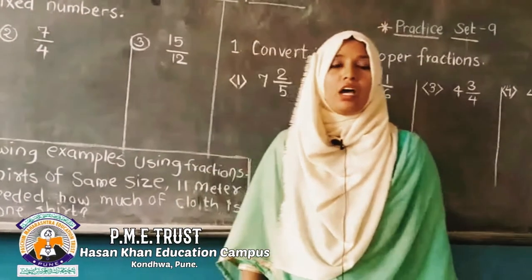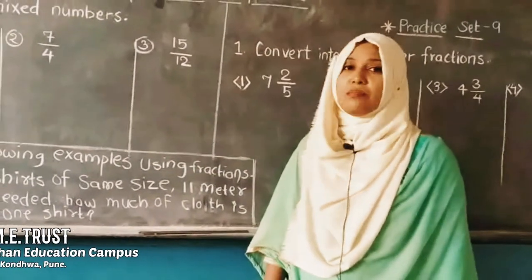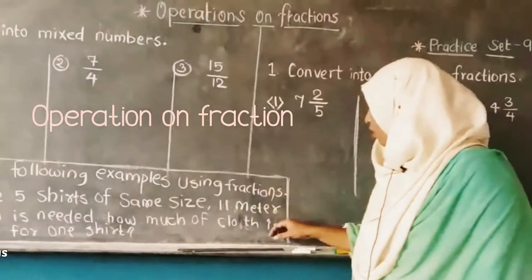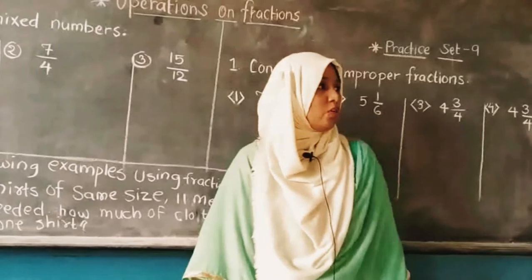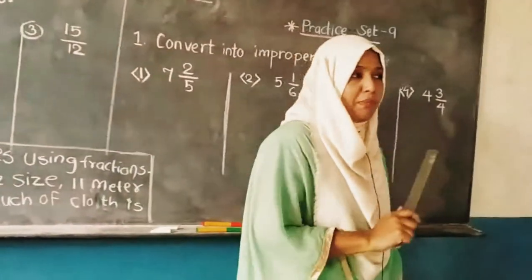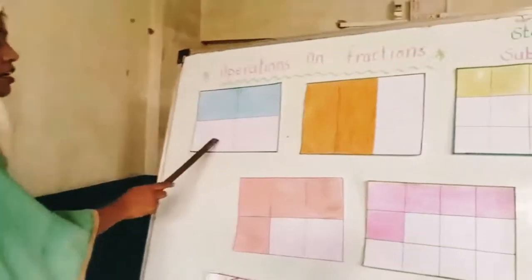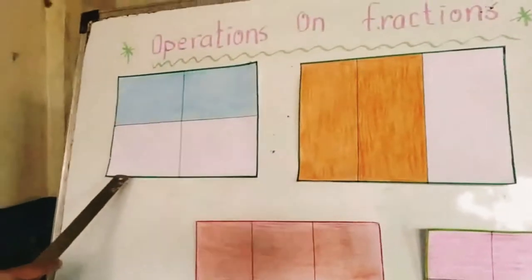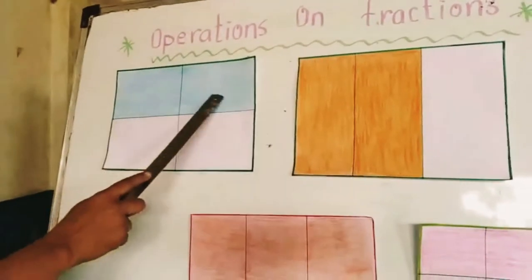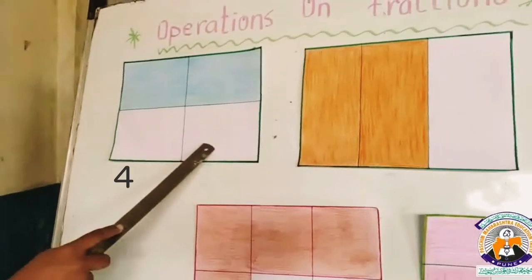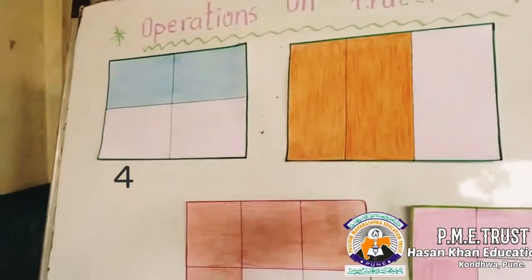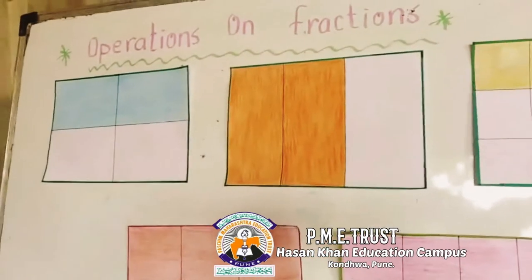Now today, I will teach Standard 6 Maths, Operation on a Fraction. Okay students, let's go. First one, we see some pictures here. See here, how many squares in this picture? 1, 2, 3 and 4. How many? 4. First we have to see how to write